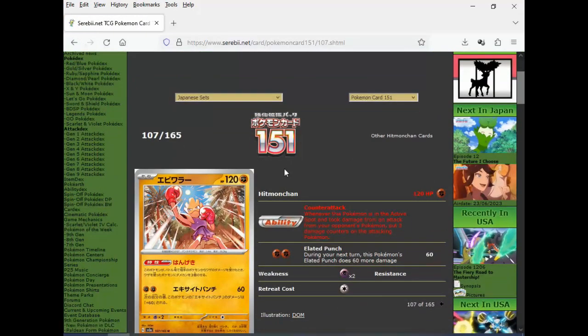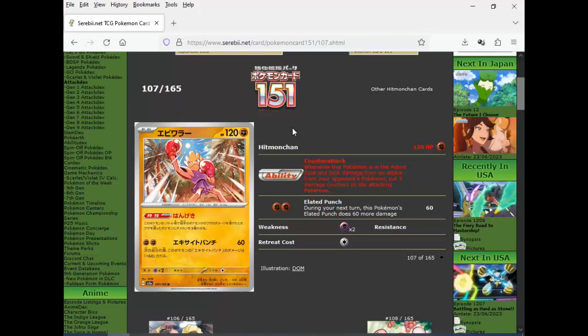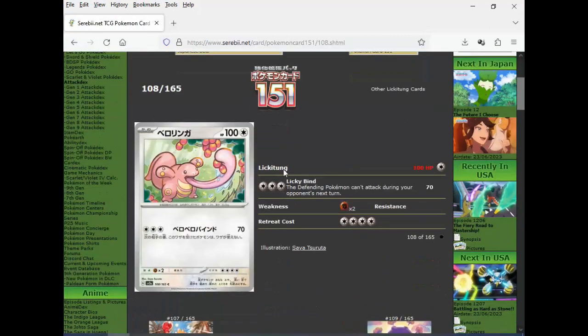Hitmonchan. Whenever this Pokemon is in the active spot and took damage from an attack from your opponent's Pokemon, put 2 damage counters on the attacking Pokemon. So I guess the idea is it's going to combo with Hitmonlee, but it's not that effective. With the HP Pokemon have these days, you'd rather put a different wall than this, to be honest. And then the attack doesn't really matter. Defending Pokemon can't attack during your opponent's next turn. So just like the old, at this point,